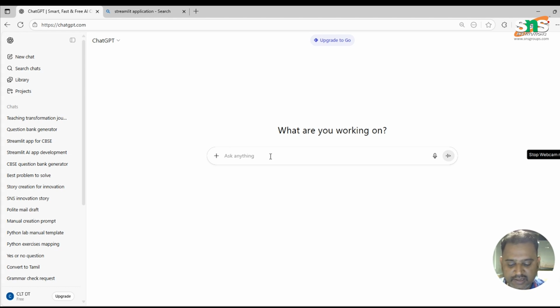Usually the API key is available free for Google Gemini. So I'm going to use Google Gemini as the LLM. I'm going to give a prompt to ChatGPT. I'm going to